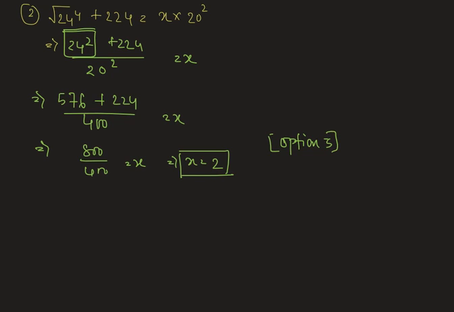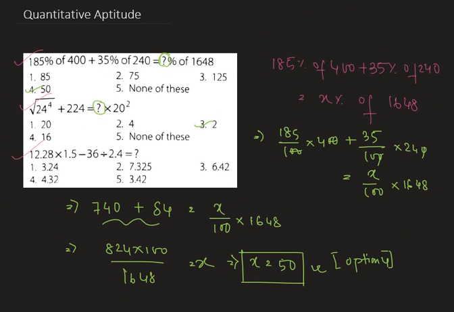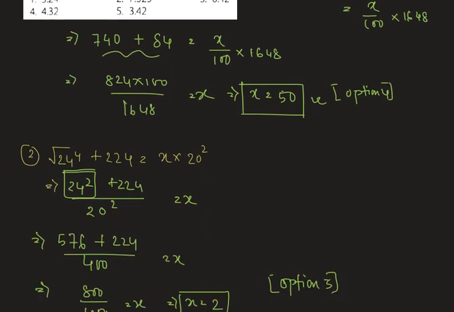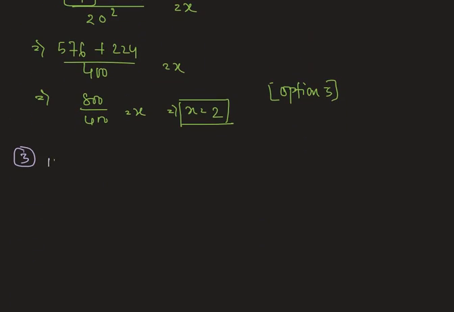Now let's check the last question, that is question number 3. That is 12.28 multiplied by 1.5 minus 36 divided by 2.4. We know the BODMAS rule, that is